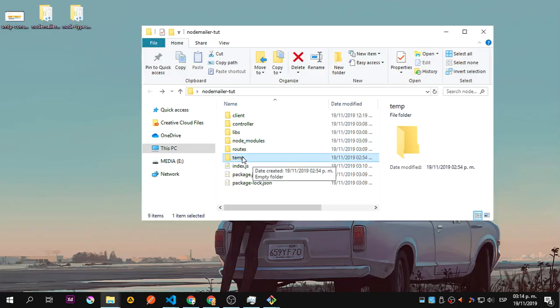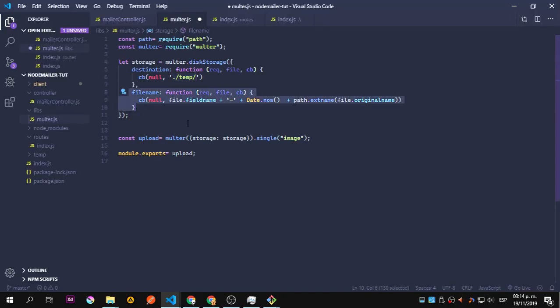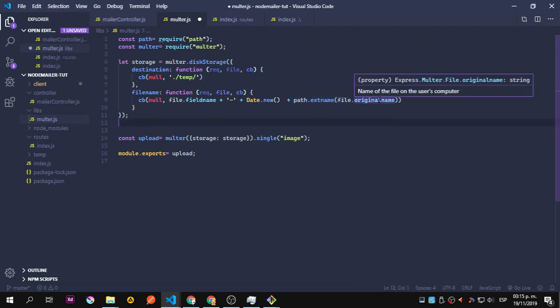We have the temporal folder here, and the file name. What this function is going to do is say the first part is an error. We are just going to handle the error as null. We're not going to send that, and the first part is just going to use the name of the field, add a dash, add a date now, so the naming is different. It's kind of unique, and we're going to paste the extension of the original file. So if it's JPG, PNG, and all that,